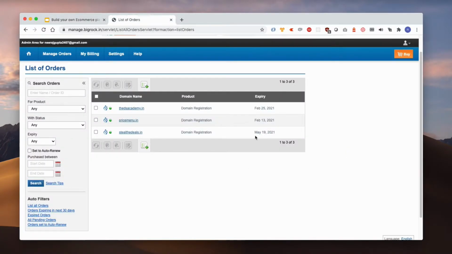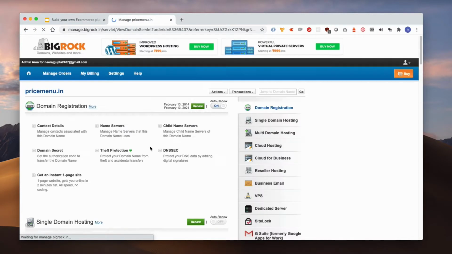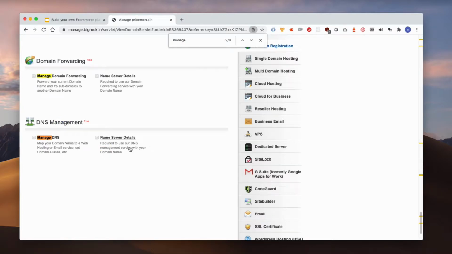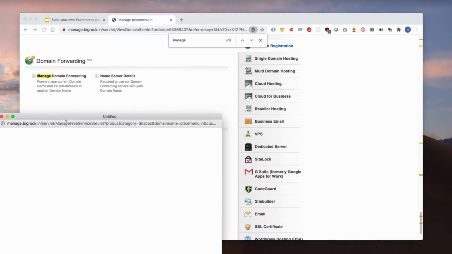So here I have already opened my BigRock account where I manage all my domains. I'm going to set this up on my domain, which is pricemenu.in. I'll click this. I'm going to search my DNS, manage DNS section.